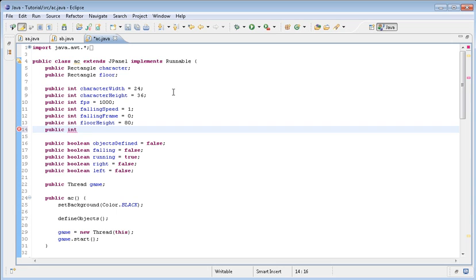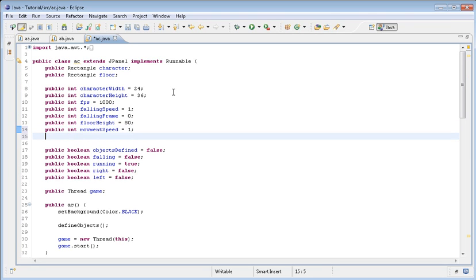So basically what we want to do is public integer, and we don't want to type in falling speed. We want to type in movement speed equals 1. Probably 0.5 would have been very good, but